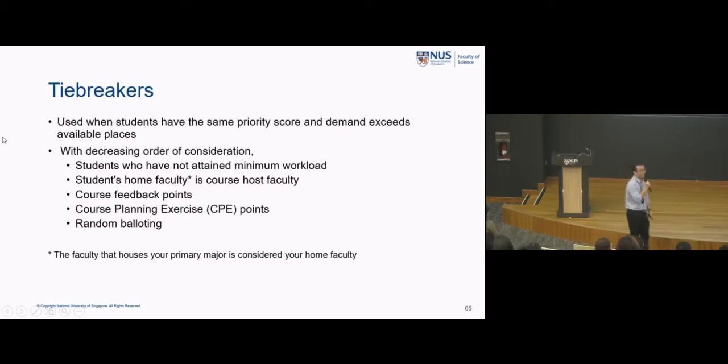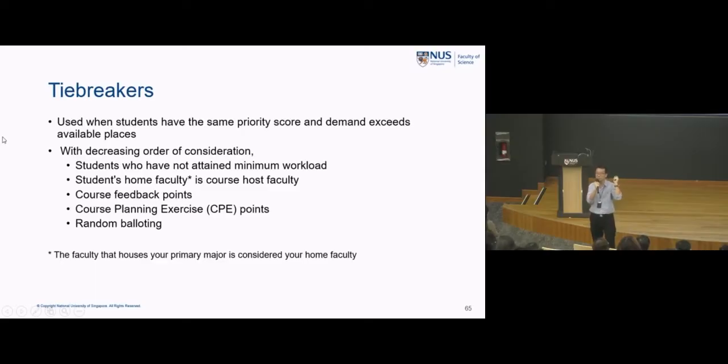Now, in the event that the priority score computed based on those 3 components happens to be the same between 2 students vying for only one last slot in the course, then a tiebreaker will have to be called up. Don't need to be worried. They will not call you up exactly physically. You do not need to meet the person that you are fighting over this last course with. And then scissors, paper, stone? No. It's done in the system.